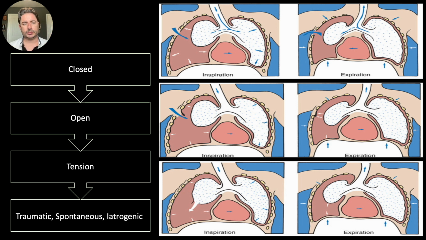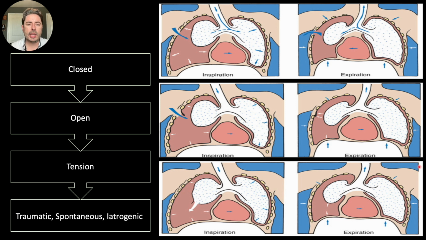So when we talk about open, this is when the pleural space is in direct contact with the atmosphere, and gas can move freely in and out of the pleural space. If I were to look here, see how I have a puncture through the ribs into the pleural space, I have this opening of air that can move into the pleural space, and it can move freely out. So this is what we call an open